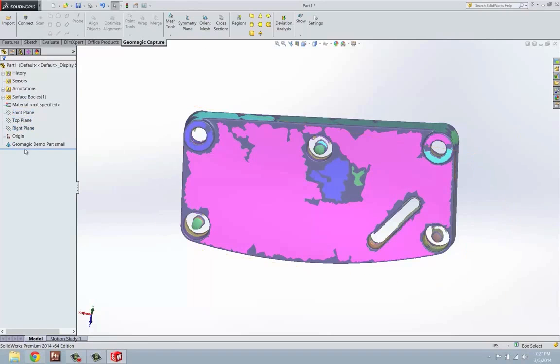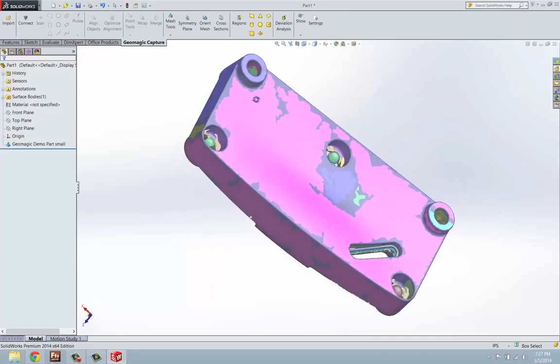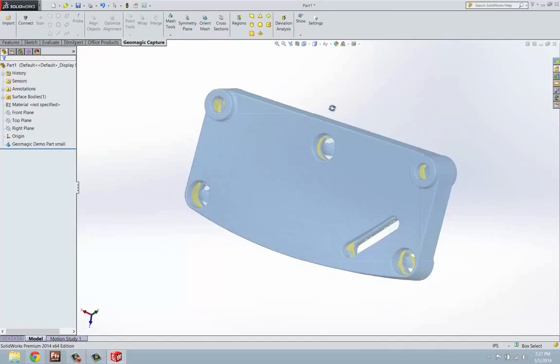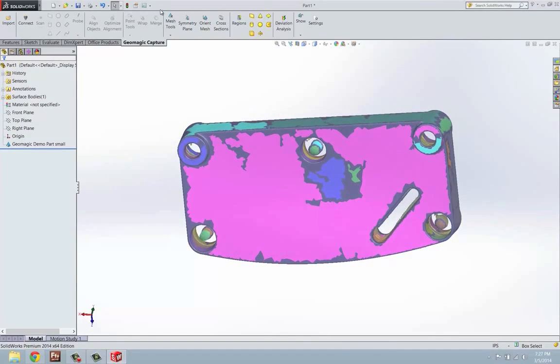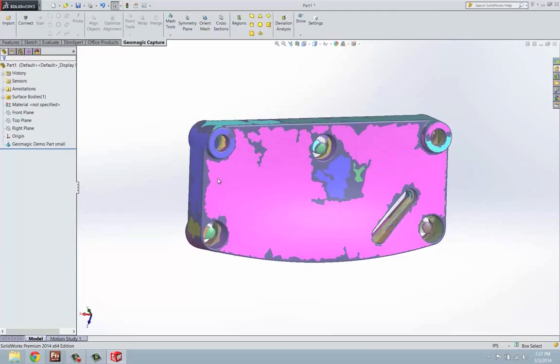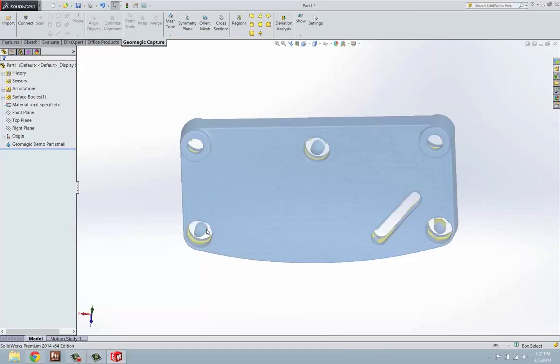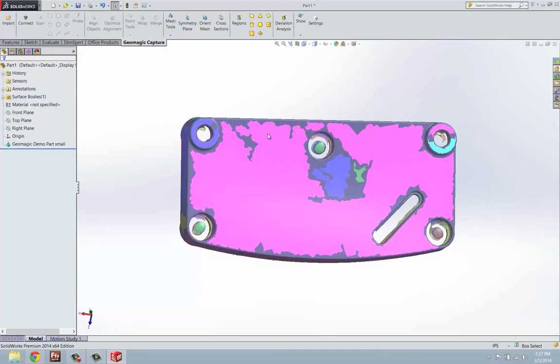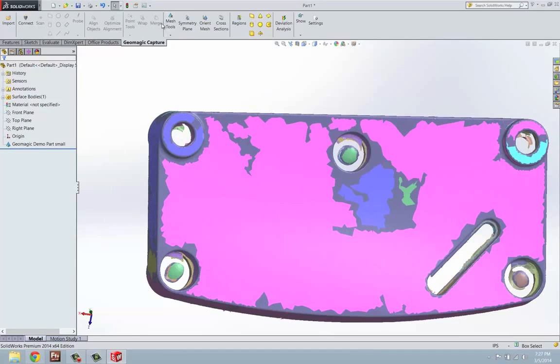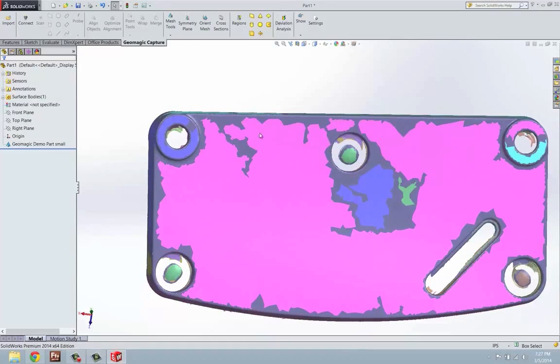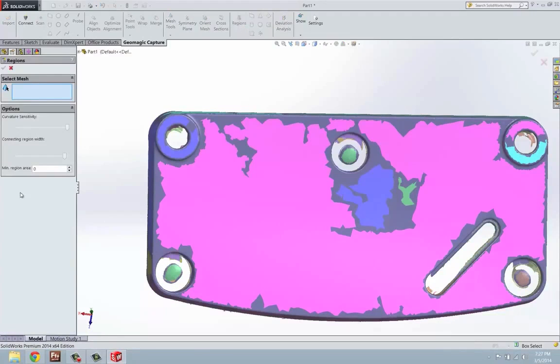For this demo, I have deleted mine, so I just have this one mesh here. But once you merge them, it will be called merged 1 or merged 2, and then you can rename it to whatever you want to. But that's how you get to this point that we're at here, short of creating regions. So the next thing that we're going to want to do once you go in and use these first few tools is you'll want to create regions. So let's press this regions tool here, and then we're going to want to select our mesh,